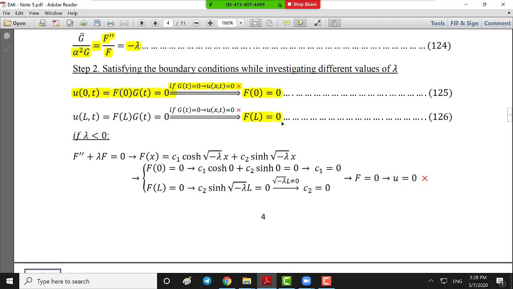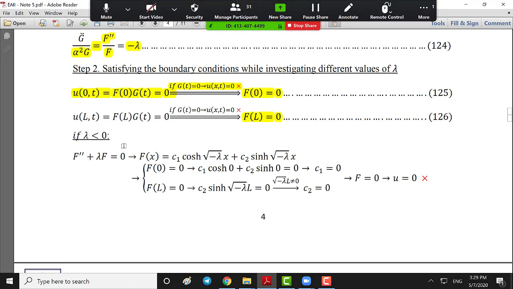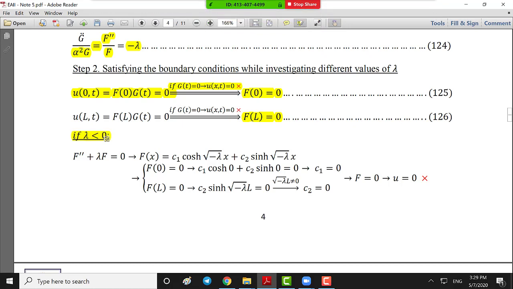Now, please pay close attention. This part is very important. Now, if lambda is negative, when we were dealing with the heat equations previously, we usually used the time ODE